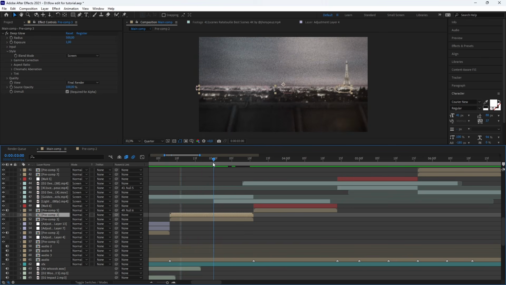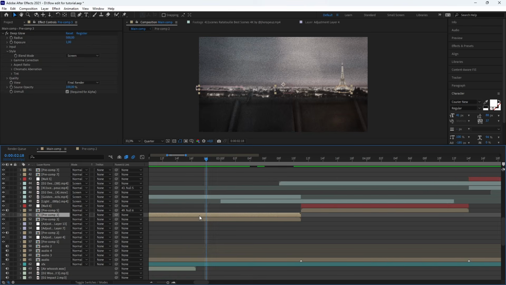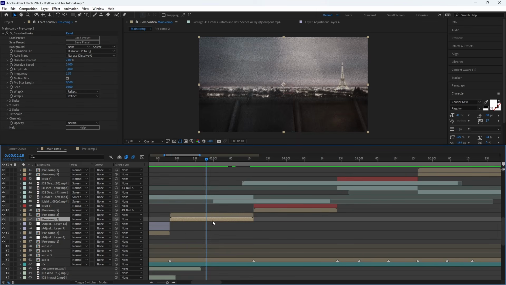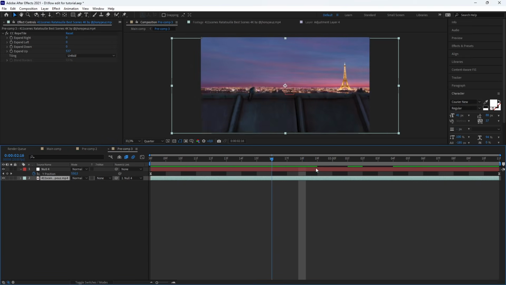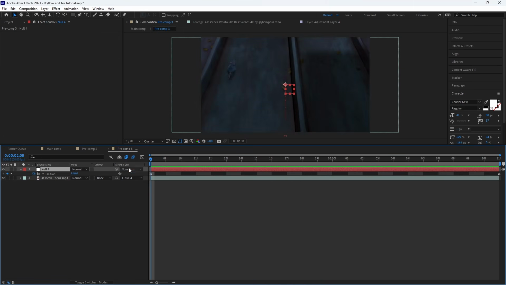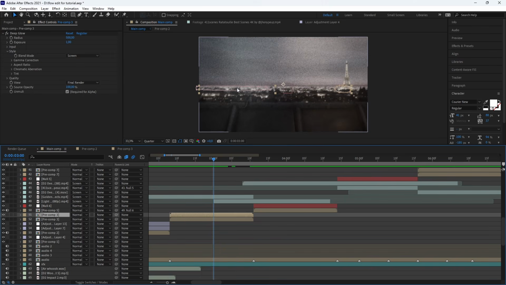Then I added, I think you don't see it, a glow coming from the right. I just duplicated this clip, so it's exactly the same. I didn't change anything, but the main difference is that I added a mask on it with the pen tool, like this.